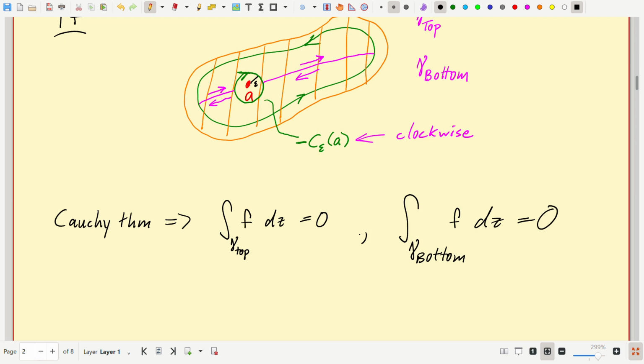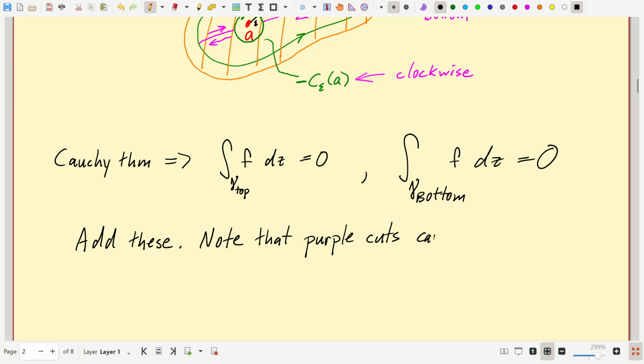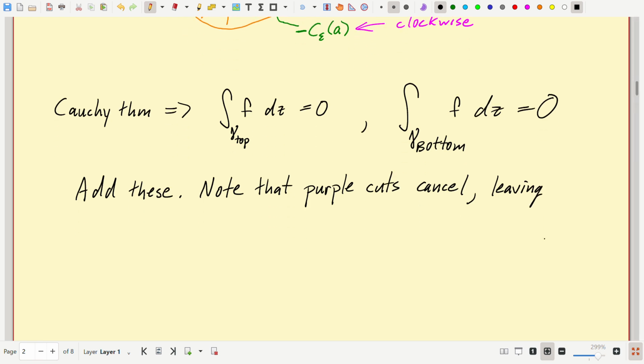Okay, when you add them up, the cuts cancel each other. So add these. Note that the cuts, the purple cuts, cancel each other, leaving, let's see, so when the purple cuts cancel, that just leaves us the integral around gamma of f dz, that's the outer part, plus the integral along the inner circle